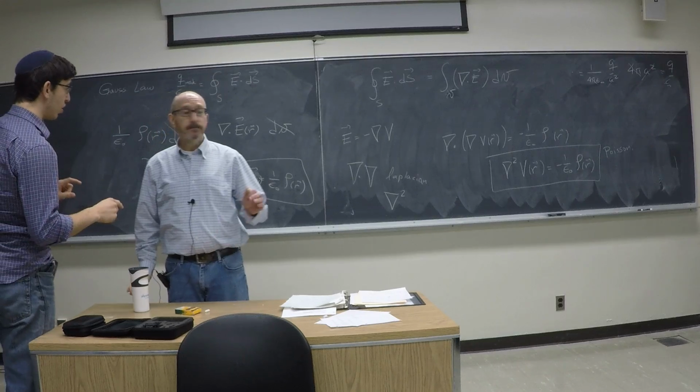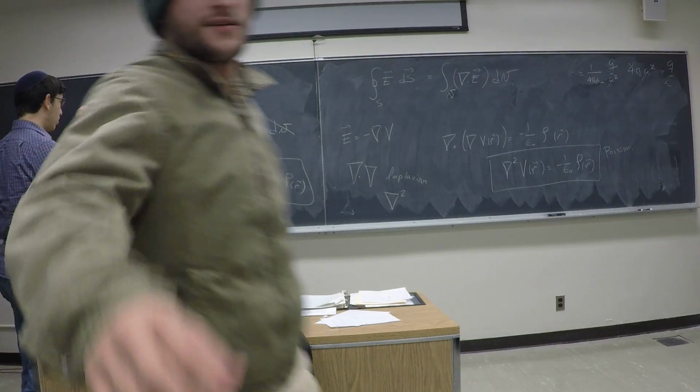Why for conductors are charges on the outside? What's that? I'm still a little confused why